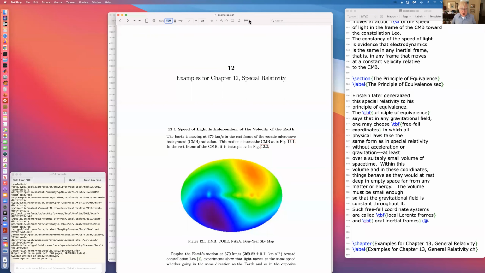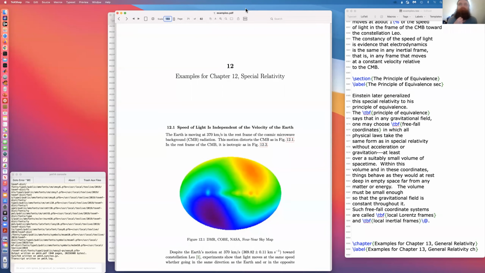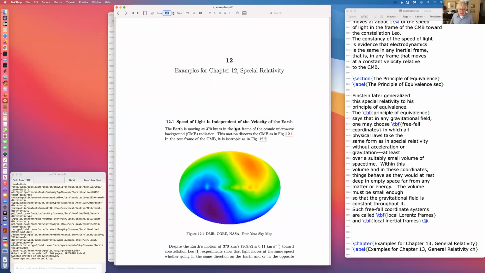Computer. There we go. Okay, so the first thing is to remember that the speed